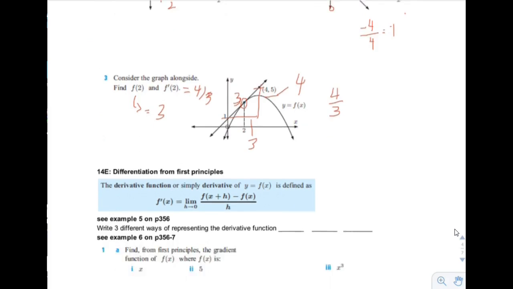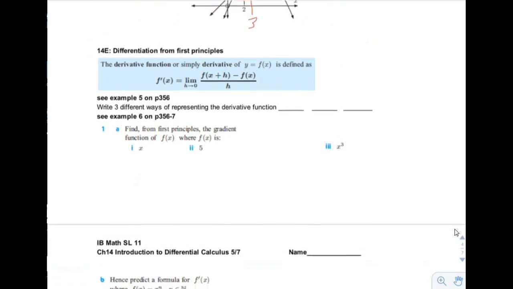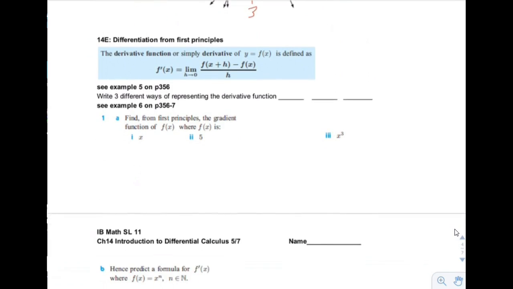14e, differentiation from first principles. This is how you use limits to find the derivative of a function. And the way you do it is just like we've been doing in the investigations. You make an expression for the little triangle, which is the tangent of the curve. And then you just make a triangle, which is, you know, h wide,